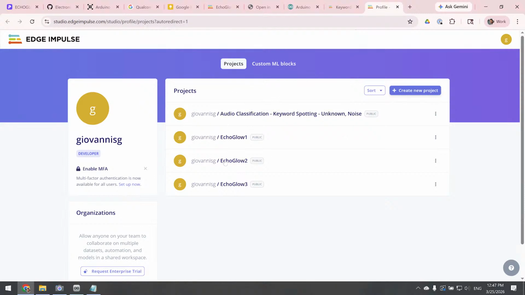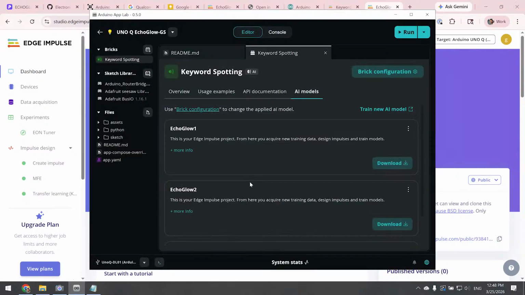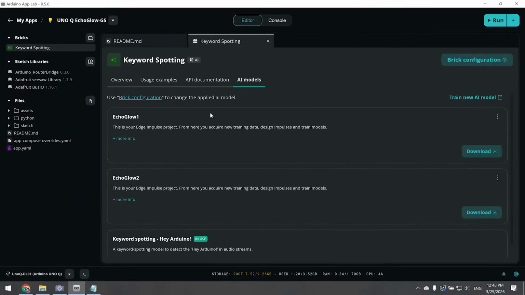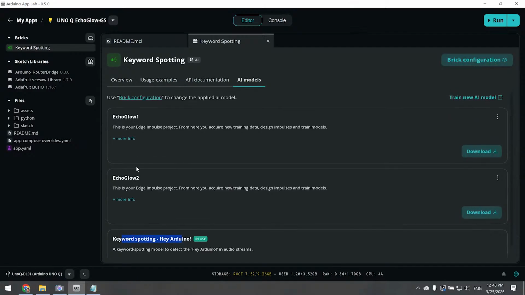Now, I lost track of which one's the good one. I think mine is EchoGlow 2. Yep. Now, the important thing is that it says keyword spotting here. So when we go back here, this is good. You now see on keyword spotting, not just keyword spotting, hey Arduino, but my